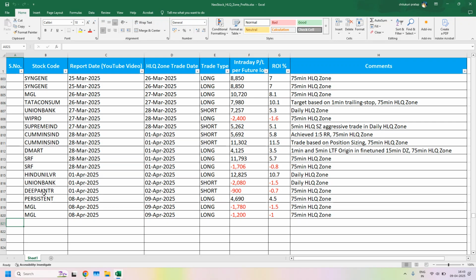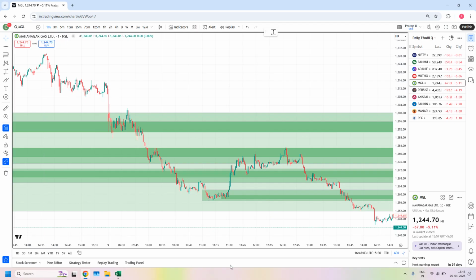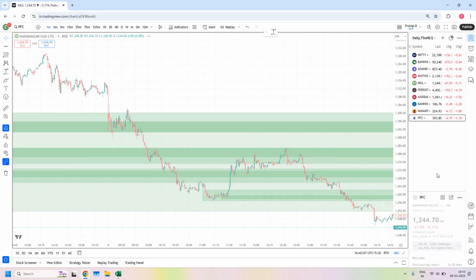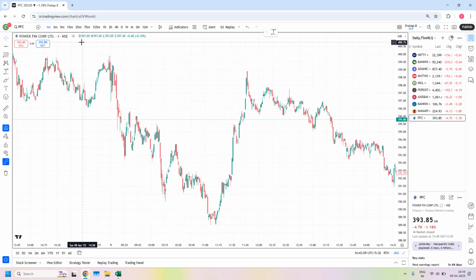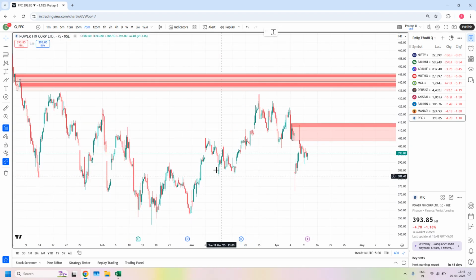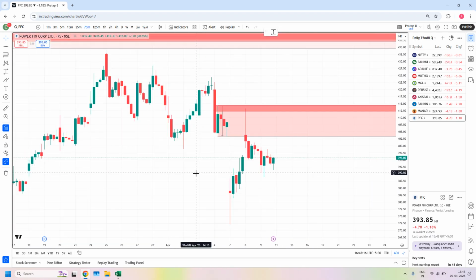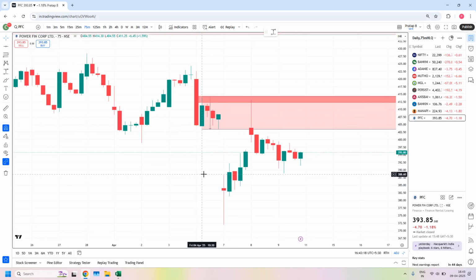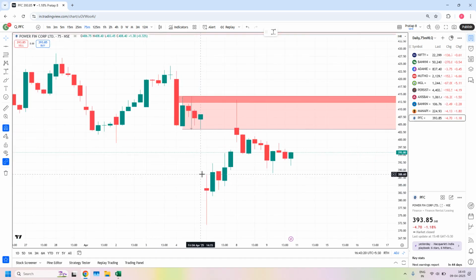Okay, this is about successful trades, and the remaining are not executed. And next, what is that? PFC. This is a 75-minute high liquidity zone. PFC, see the beauty of this zone, I will tell you. Especially our lesson 22 concept, how powerful. Once again, you will understand in this